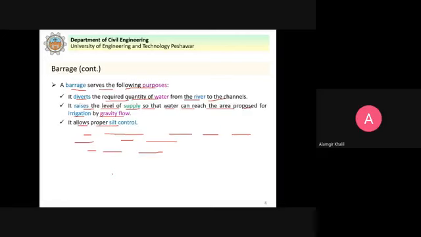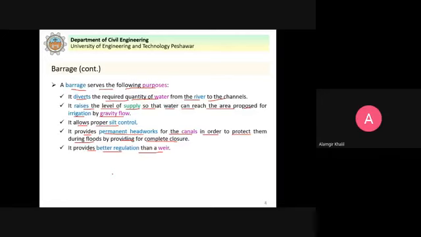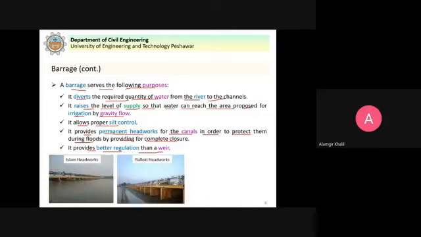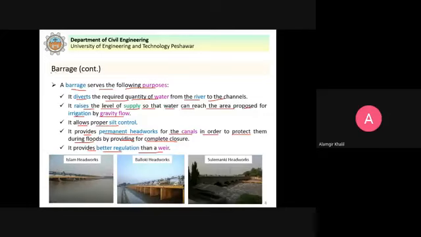These different purposes are more or less similar to the purposes studied for the diversion headworks in the previous lecture, but we repeated them here for the barrage because this is the type of diversion structure constructed nowadays. Clear? Because of the advantages that barrage has over the weir.